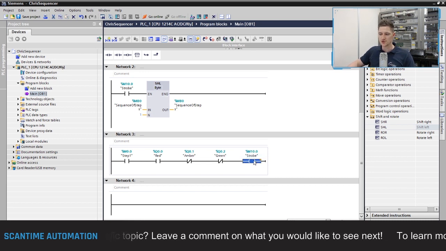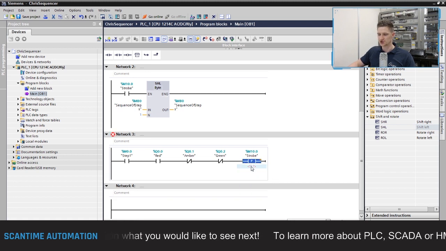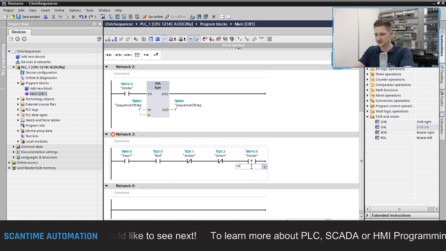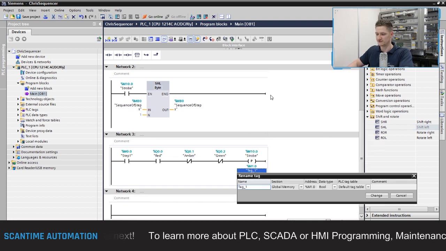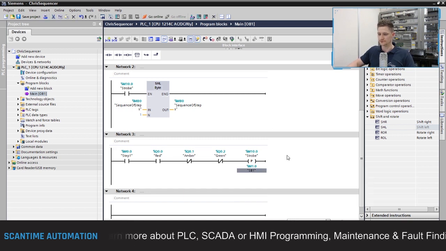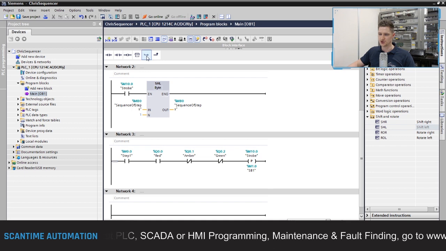Now what I want to do is I only want to trigger this once for one PLC scan. So I'm just going to drop this coil down, and I'm going to select the P, the one-shot pulse positive, and I'm going to give this a storage bit, M1.0, and that there is just going to be our storage bit for our one-shot pulse, SB1. There we go. The next step, step 2,